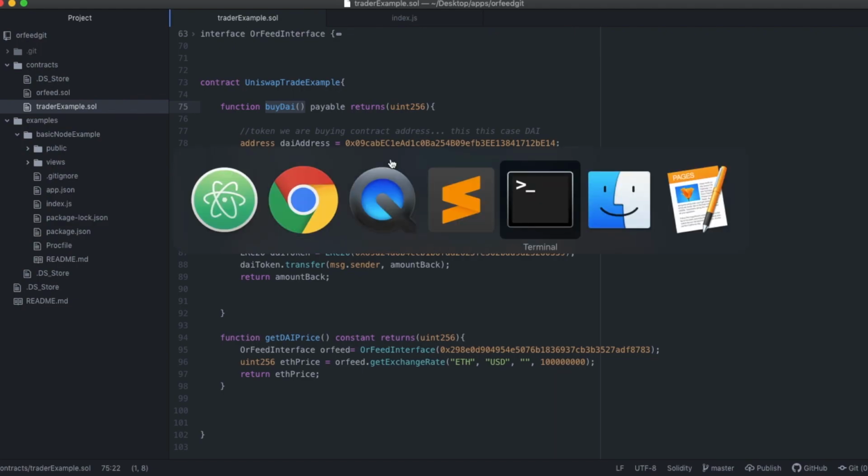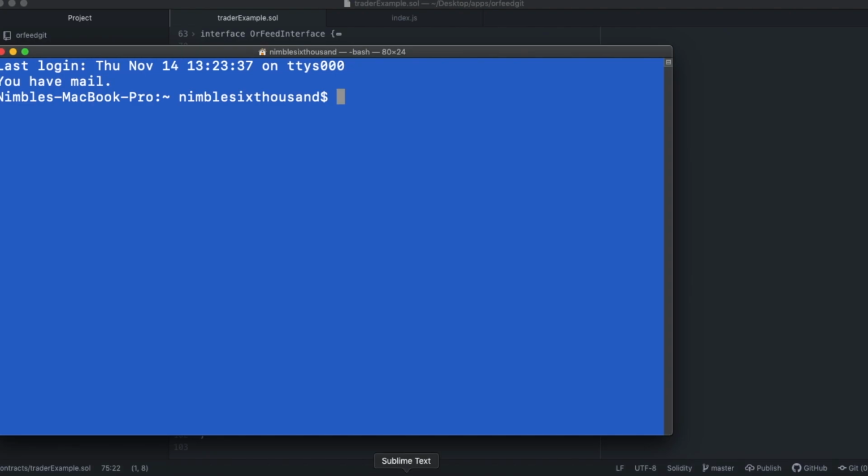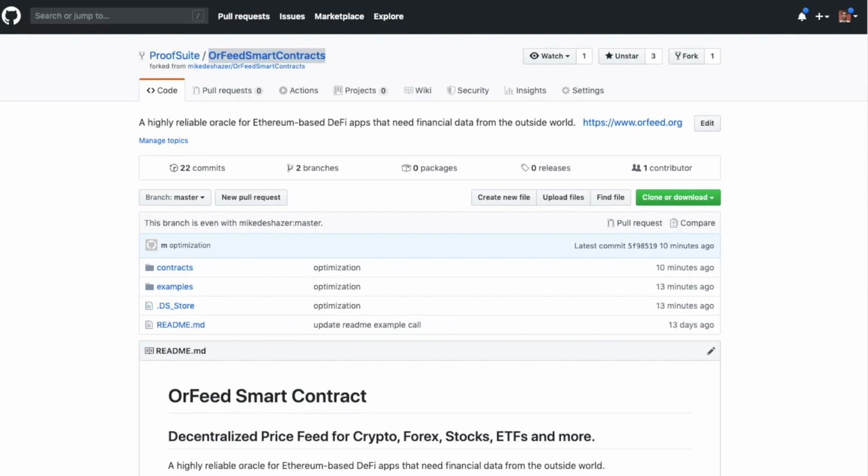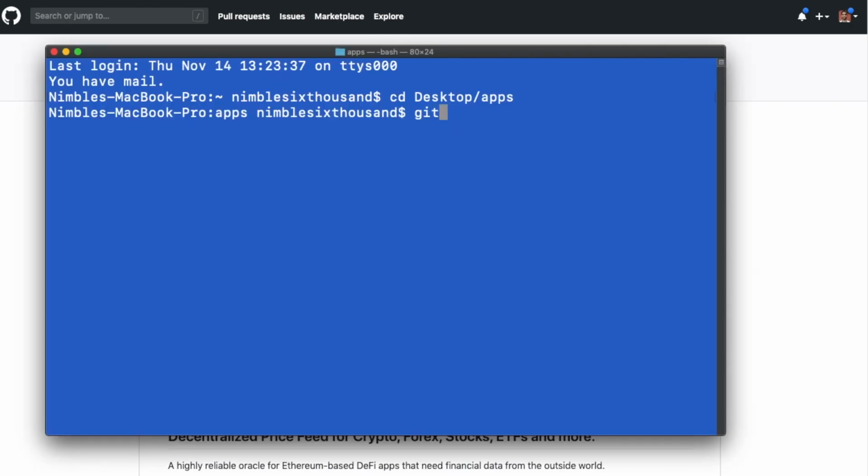I'm going to swing over here to my terminal. So if you have a Mac, you'll be on the terminal. If you have a PC, you'll be using the equivalent of a Mac terminal where you can just enter commands directly in. But this will be mostly for Mac/Ubuntu users. You can still follow along if you're kind of familiar with coding and stuff like that. The first thing you're going to want to do to get started is switch into a directory. I usually go into my apps directory where I do everything.